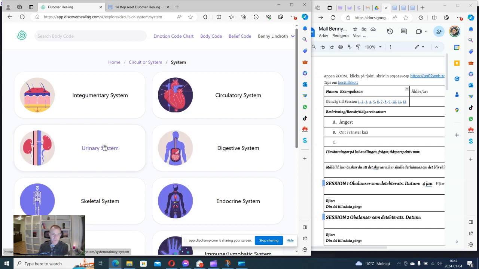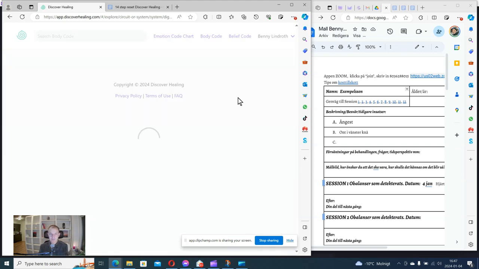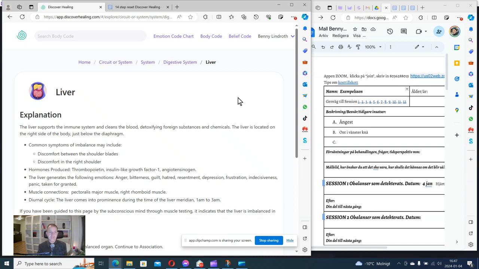We can maybe find it's the digestive system, and we find it to be the liver. When we find the liver, we often need to find the associated imbalances for it to be happy and content.